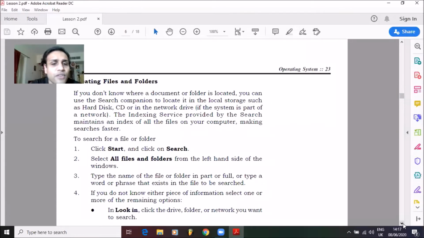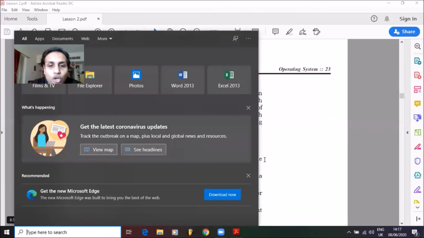Locating files and folders. We all know all files and folders are present in our system. In Windows XP, we have an inbuilt search system. This search is an application that is already inbuilt, and we can find any files and folders that we don't know where we had saved. It's like in Windows 10, where it's very easy to straight away type over here in the search